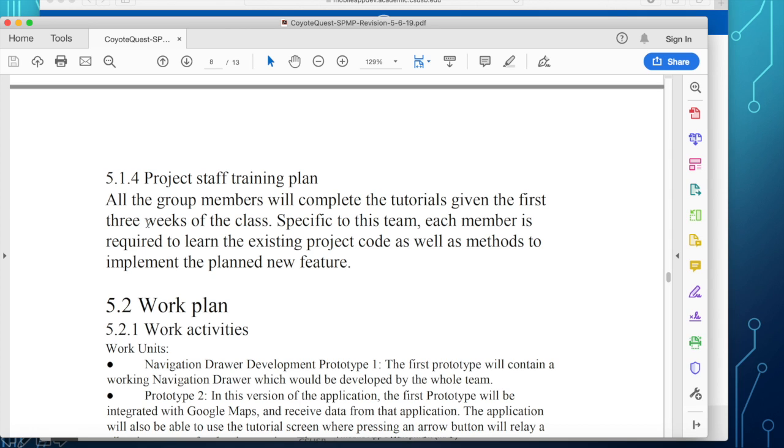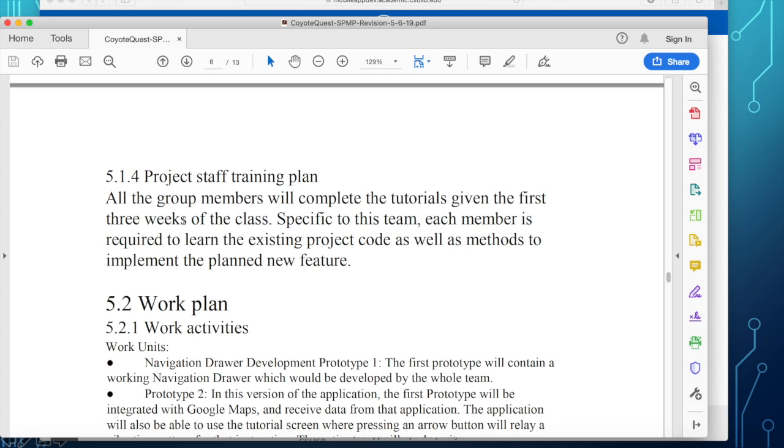And in the third week, we had the asynchronous Android and iOS development. So describe those or mention that in the project staff training plan. Okay, so I don't agree with this paragraph here. You should mention those training lessons that we gave you.